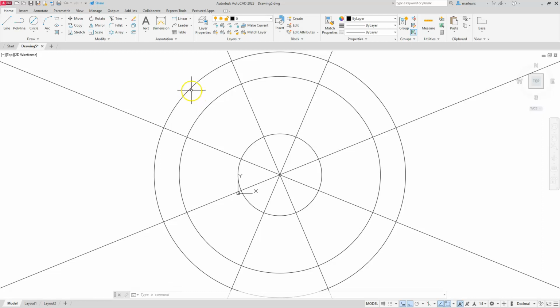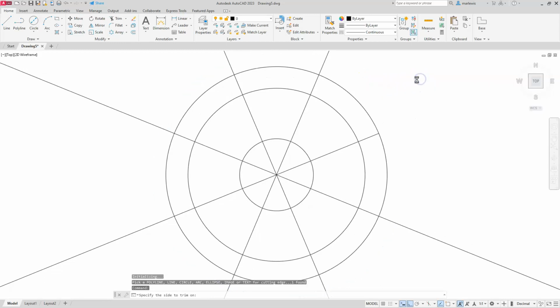All right. So the first thing I want to do is I want to get rid of all these lines on the inside. On the outside here, and all of these lines on the inside here. I'm going to do that with the EXTRIM command, and that's going to speed things up a lot. So EXTRIM, go ahead and hit enter. I want you to select this circle and then click on the outside. And you're going to give it a couple of minutes and it should go around it, and all of them